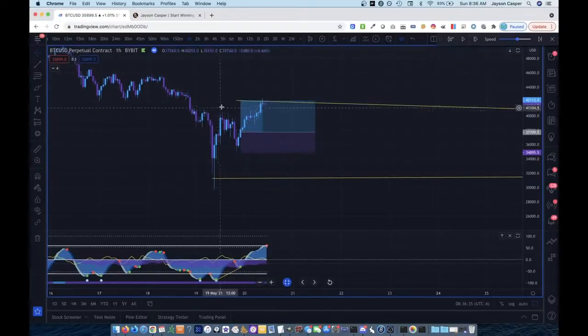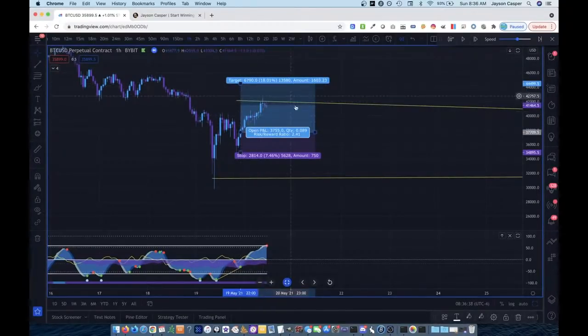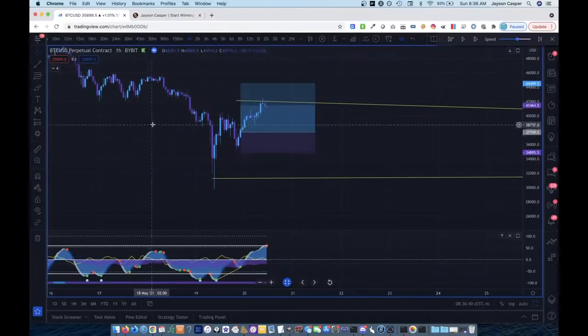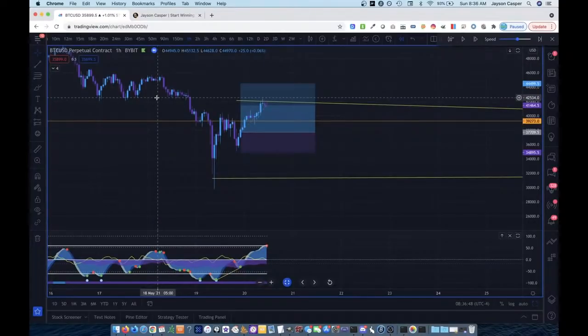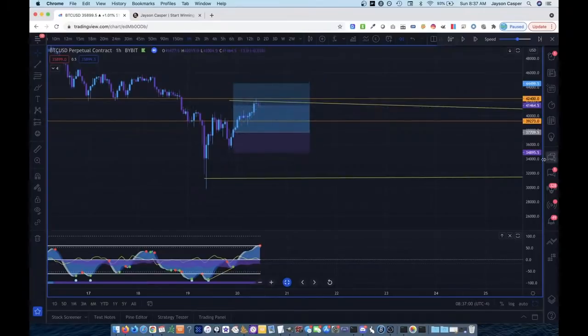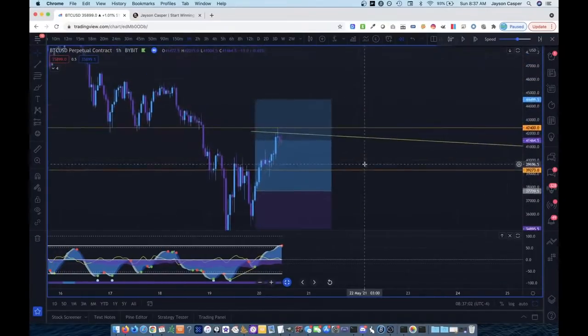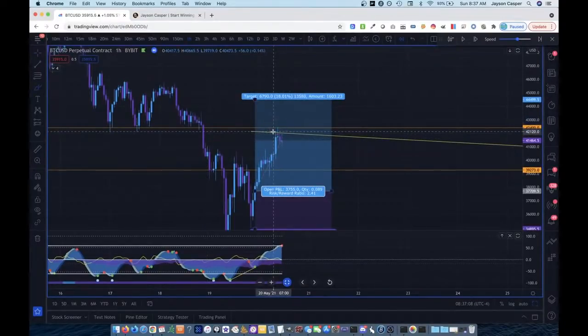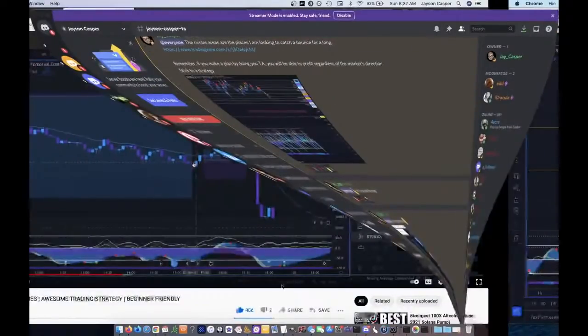Okay, so we come up, and we hit this line, obviously, because it's already there. But where would our take profits have been set? Well, we would have set one right here, and we would have set one right here. The reason we would have set one right about here is because, look, it's wicked down 1, 2, 3, 4, 5, 6 touches of this line, and we come up and hit that line perfectly. And I know, if you're watching this video, you're saying, well, you did this in hindsight. That's true, but if you take a look at the trades that I trade,